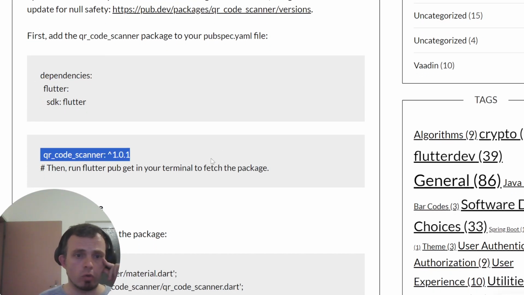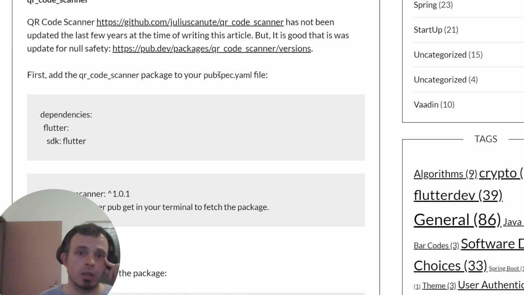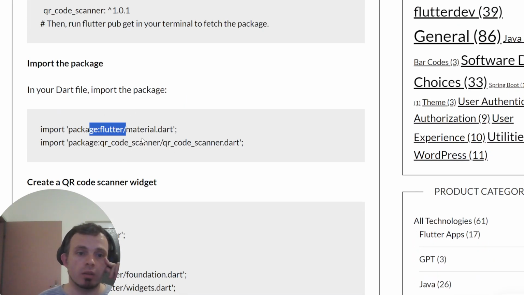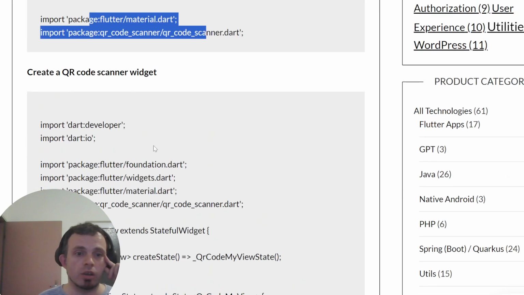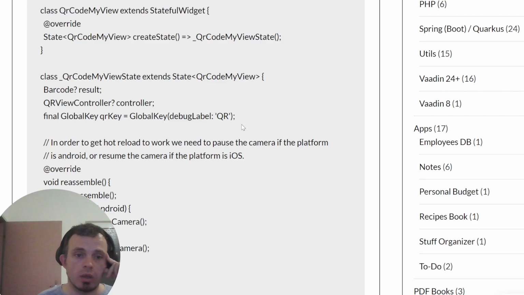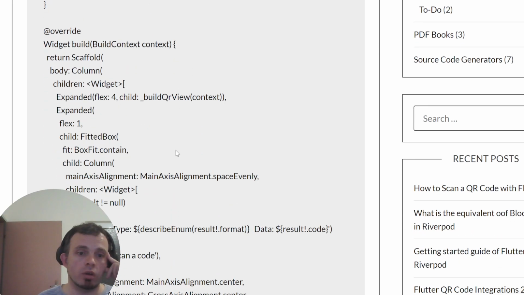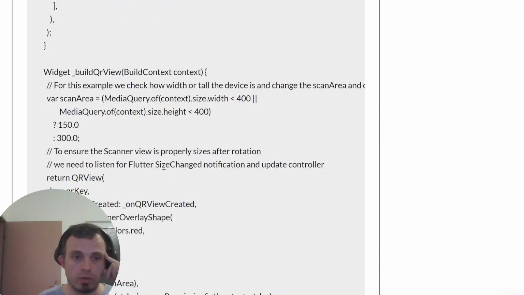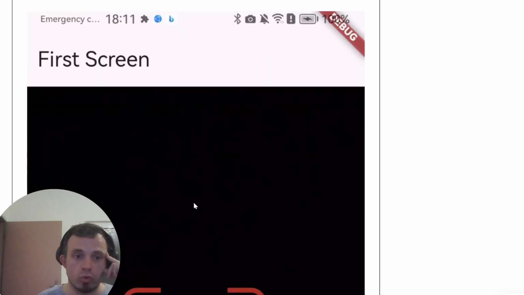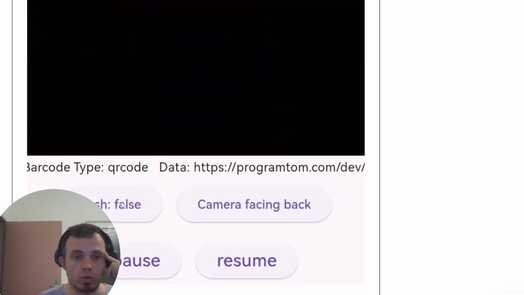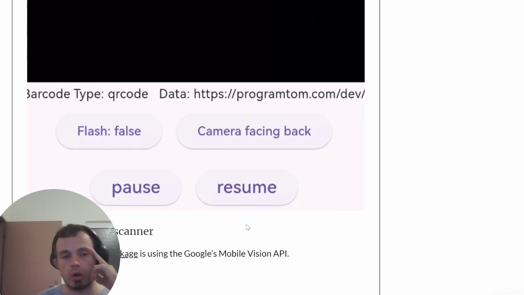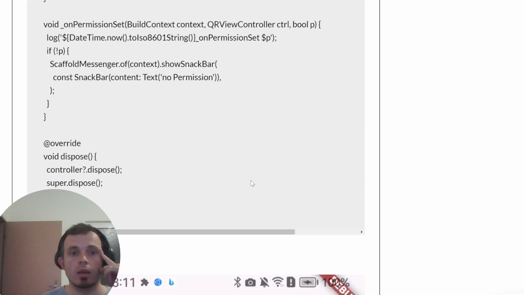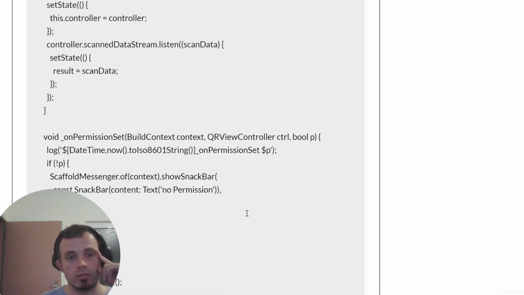This is the QR code scanning in the pubspec. It requires this, and here is a full view that scans QR and displays it. I've placed all the source code of the widget in the article, and here is the result. This library has flash, camera facing, and so you could switch the camera, pause the QR scanning, and it has some great